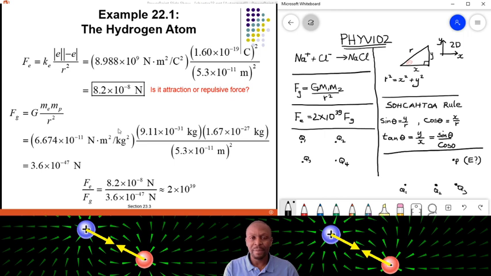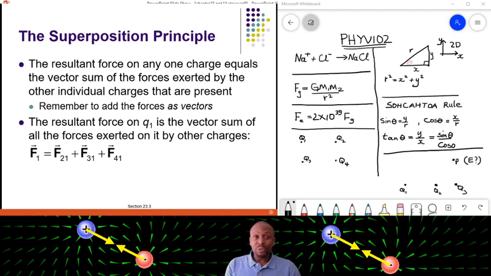All right, good. Now, let me also introduce you to the principle of superposition. The resultant force on any one charge equals the vector sum of the forces exerted by the other individual charges that are present. What you need to do is to always remember to add the forces as vectors, because force is a vector. For example, the resultant force when you have, say, four point charges,